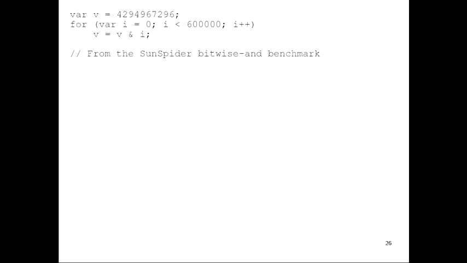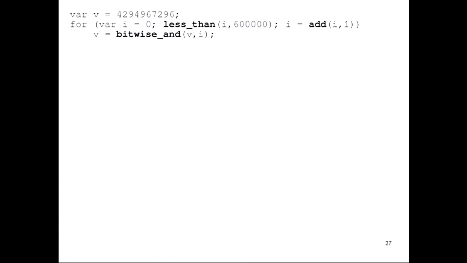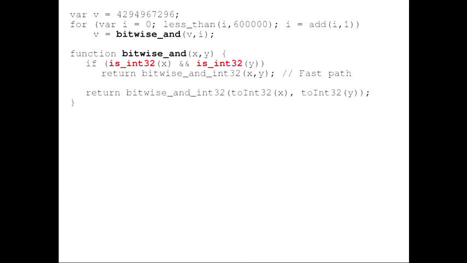As a more practical example, this is the bitwise AND benchmark from the SunSpider suite. It's just a simple loop that does a bunch of bitwise AND operations and increments some counter variable i. In Higgs, we would represent the operators as functions. So we'd have a function that does the less than operation, a function to do the add, and a function to do the bitwise AND. And inside of these operators, we have type tests. So for bitwise AND,